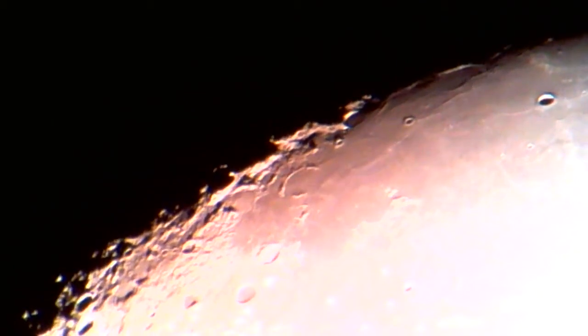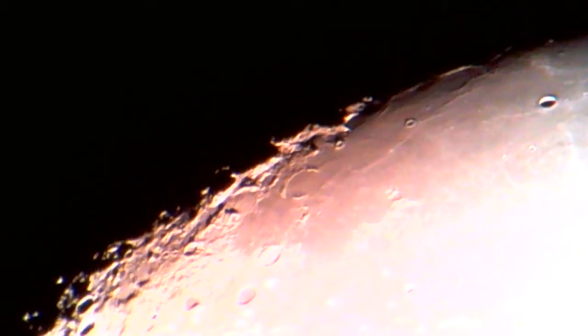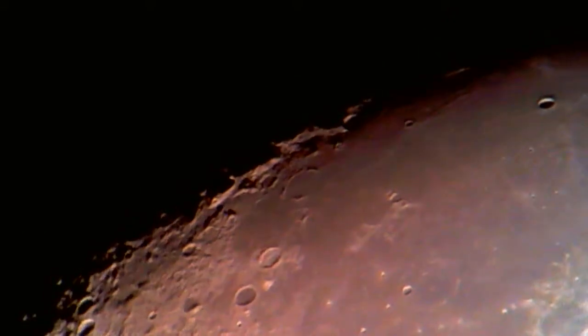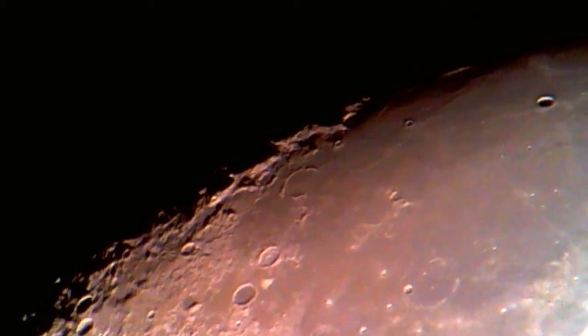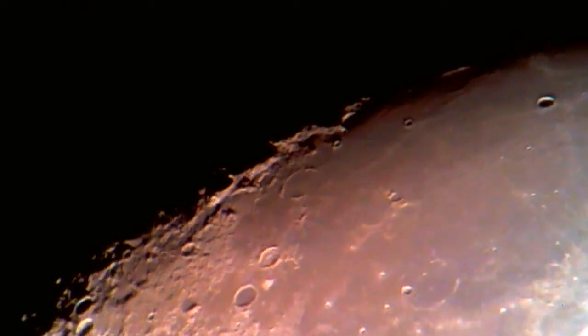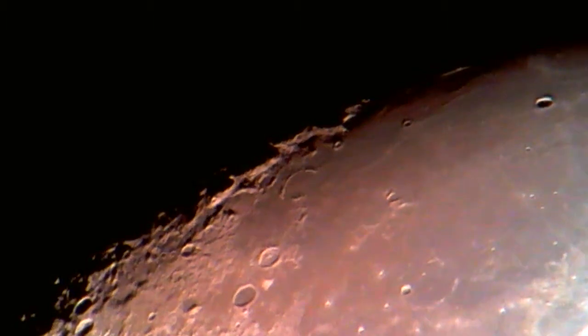Let me cut the exposure down. We're getting a little bit overpowered here. This is a tough area to work with. I'm going to cut the power down there, and see, there you can see it's another destroyed crater with a smaller one attached to its wall. Those had to be flooded out when that mare was formed. Okay, and